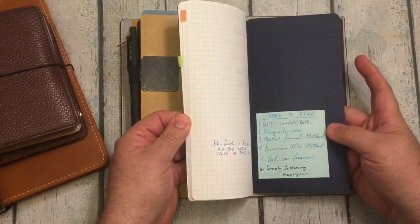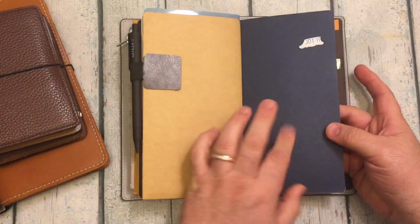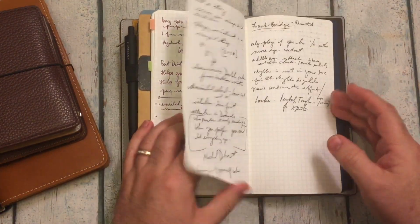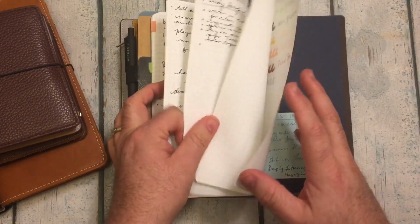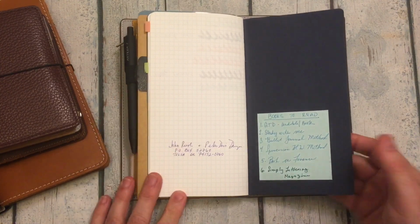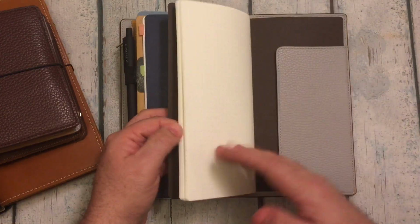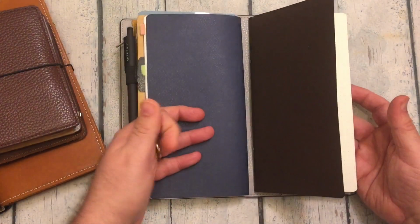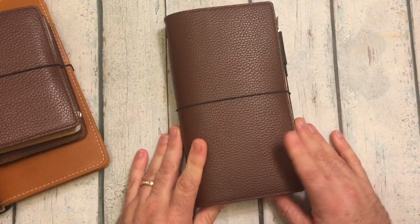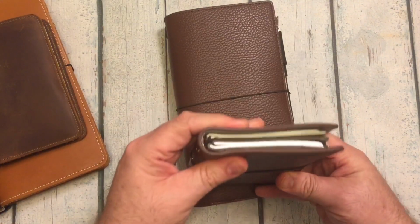An old Tomoe River paper insert by Taroko Shop that I've got just like that and that left, and a little bit of that. So I've put in a new one because it is going to be finished soon. So that is still in use, and because I have been using this so much, this one hasn't been getting